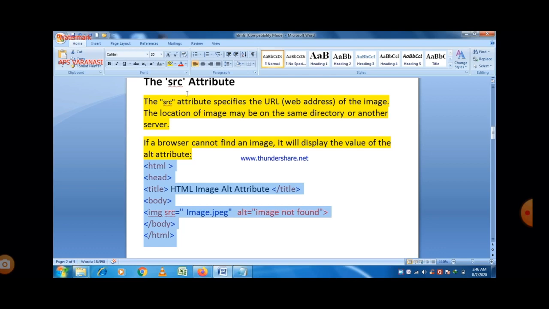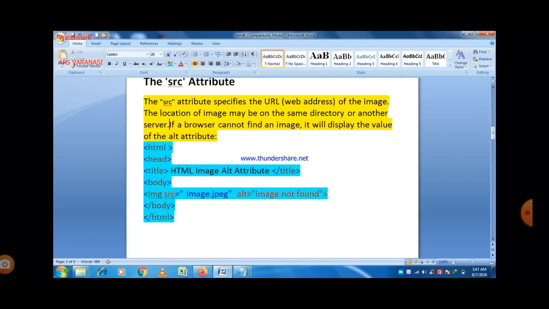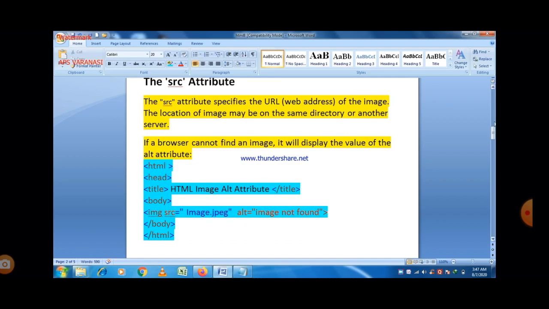And you can easily see that there is a small program here. HTML, head, title, body, these are the essential parts of a program. And then we put an image here, so the img tag is here, and then the src attribute, and the name of the image is image.jpg, because both file and image are located at the same place. So just write the name of the image here only, and then there is an alt attribute, image not found. So if the image is not found, then this message will be printed, image not found, and then close the body tag, and then close the HTML tag here.